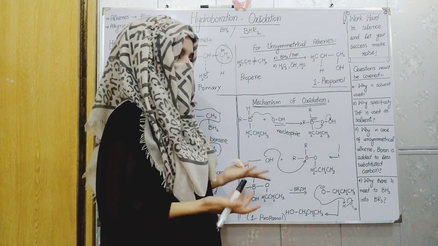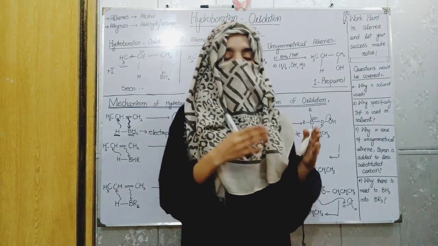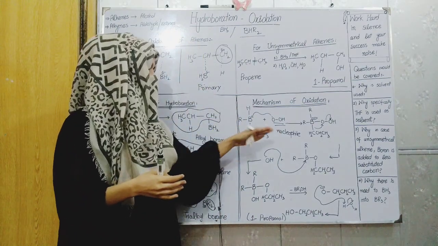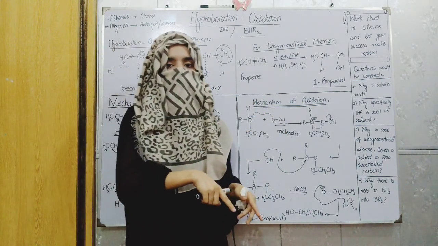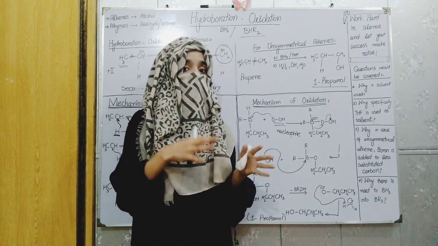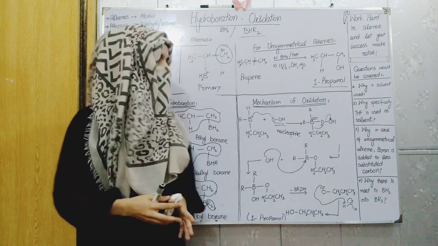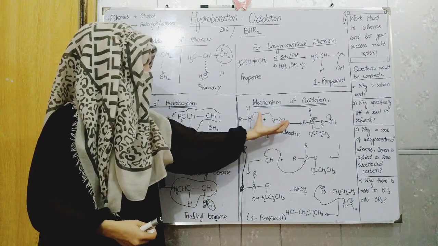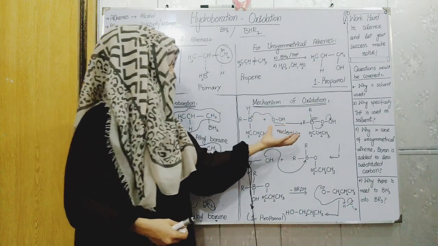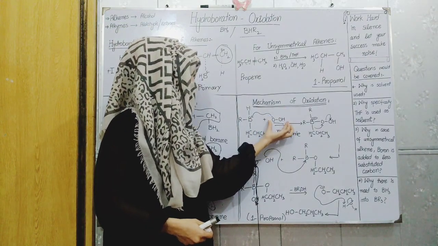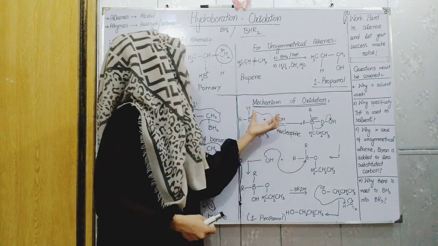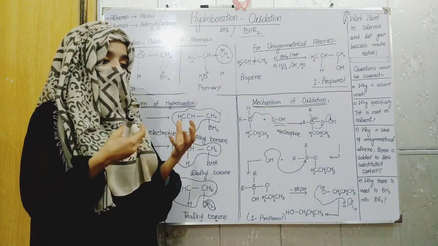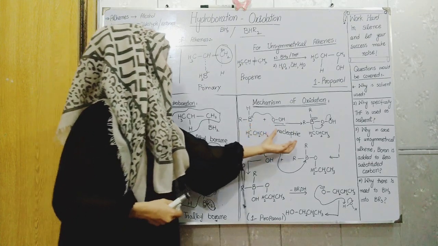Why will this act as a base? Because if we compare the electrophilic nucleophilic substitution reaction with an acid-base reaction, then the acid-base reaction will preferably take place. If both possibilities are present, that this species can either act as a nucleophile or act as a base, it will preferably act as a base, because an acid-base reaction needs less energy to proceed as compared to the nucleophilic substitution reaction.